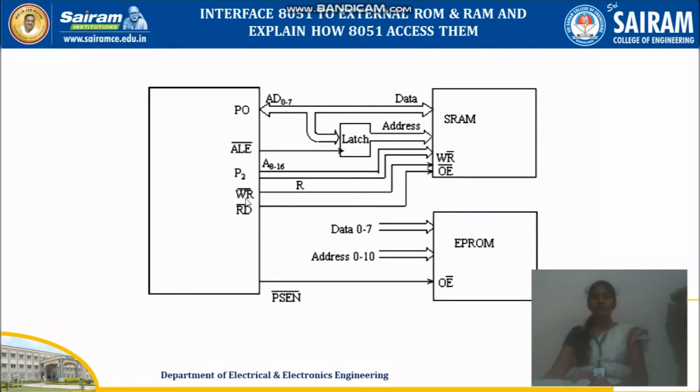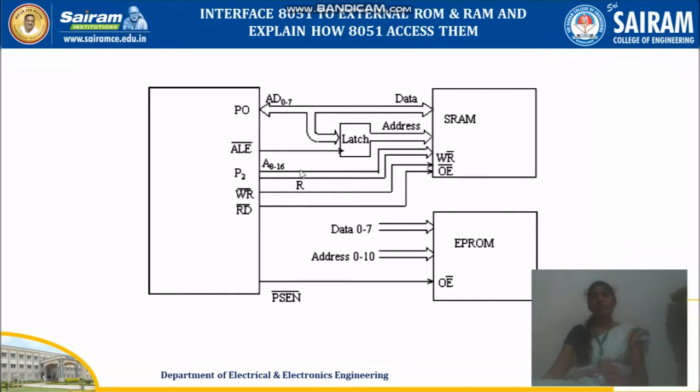So when you give an active low signal, if you give 0 over here, then this particular line is responsible to write the data. Suppose if you give 0 over here, it is 1, means this particular signal is responsible to read the data from the external memory. So all these control signals are required, that is ALE, read, write. All these control signals are required to access the data from the external memory through 8051 microcontroller.